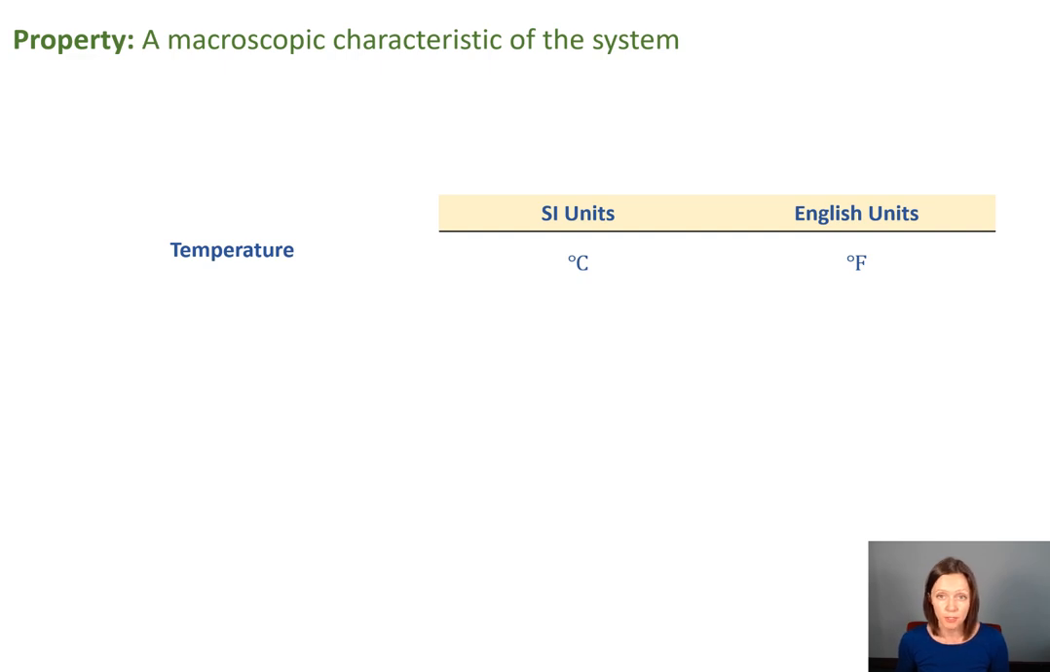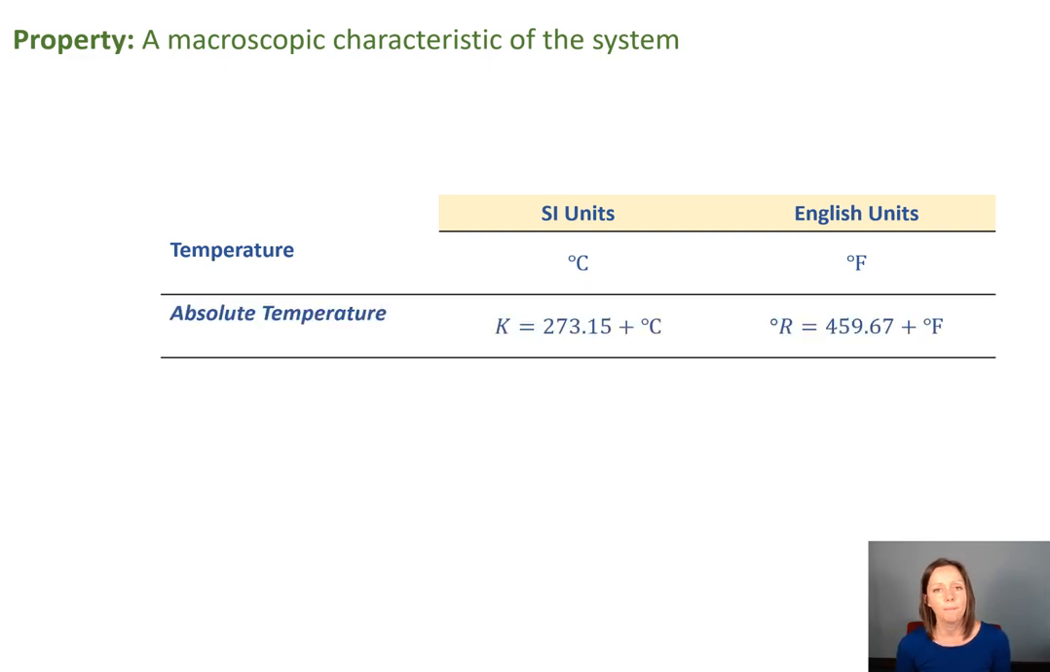You're familiar with temperature, and we're going to be working with SI and English units in this class. Many times we'll have a need to convert to units of absolute temperature. So in SI units, that's Kelvin. You'll notice it's not degrees Kelvin, it's Kelvin. And you're just going to add 273.15 to whatever your temperature is in units of degrees Celsius. A lot of times in class, I'll just round it off to 273. But if you need to be more accurate, just leave it at